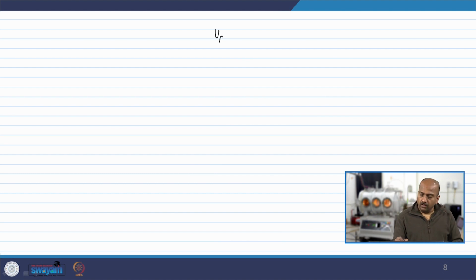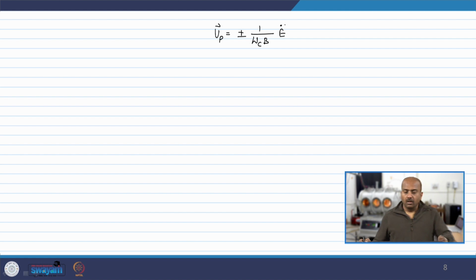So, if we take this expression ahead, Vp is equals to plus minus 1 by omega c B E dot. What you have to understand is this velocity depends on the mass of the particle as well as the charge